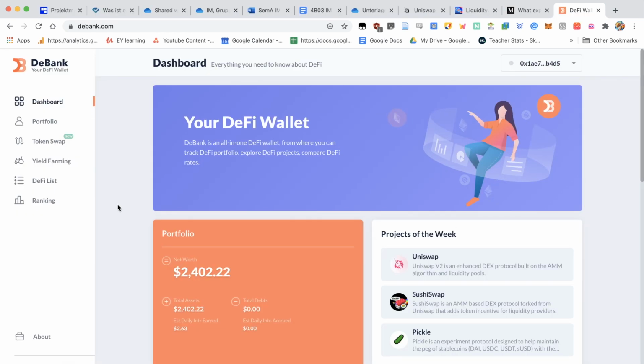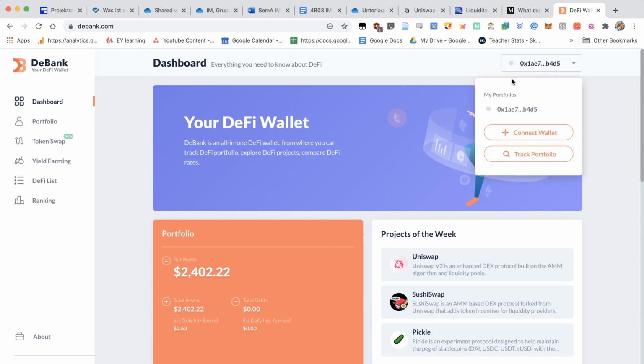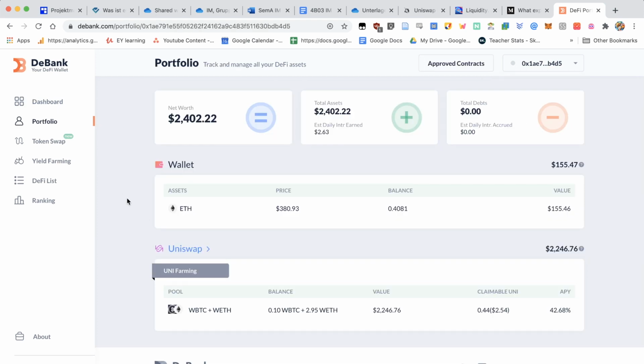So another option to view your liquidity pool information is to go onto debank.com. You can connect with many different wallets. I'm already connected. So when I click on a portfolio, I can see all the information about my liquidity pool, the total asset, the net worth. And down here, I've also got some great information such as the value, the claimable amount in Uni, as well as the annual percentage yield, which is